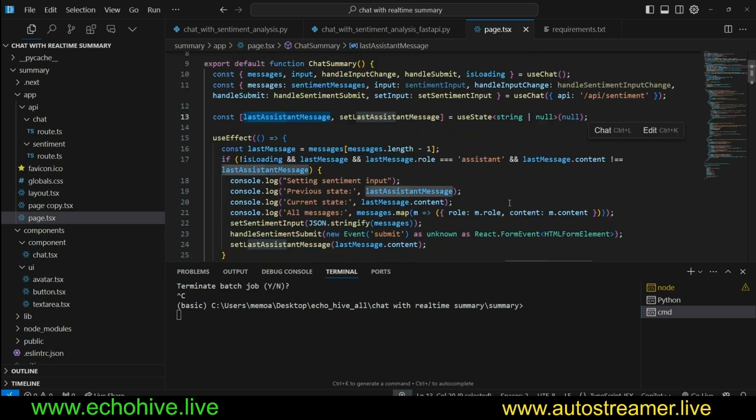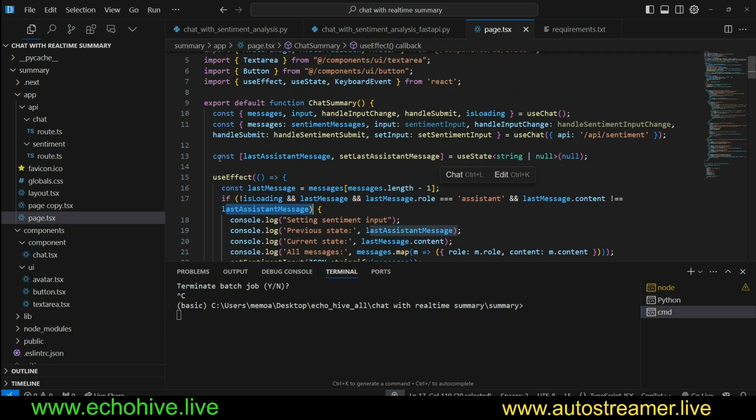And when they don't match, then we're going to actually trigger sentiment analysis. And there's a condition right here. One of the conditions is that last message content is different than the last assistant message. So this is how you set a use state. This is the variable, and this is a function that is already provided, right? You don't have to define this function, but when you call the set last assistant message, in this case, this could have been anything else, right? The naming wise,